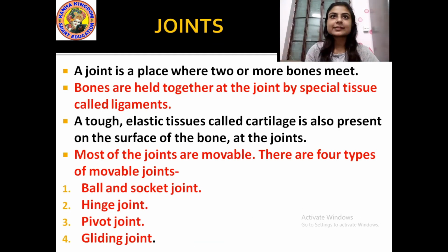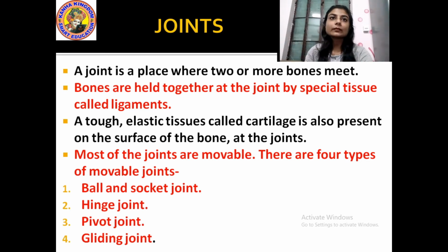And now students, let us study about the joint. Now what is a joint? We studied about the skeleton, right? These bones are joined with each other with the help of joints. The neck is a joint, the shoulder portion is a joint, the wrist portion is a joint. All the bones are attached with each other, and the place where two or more bones meet is called a joint.